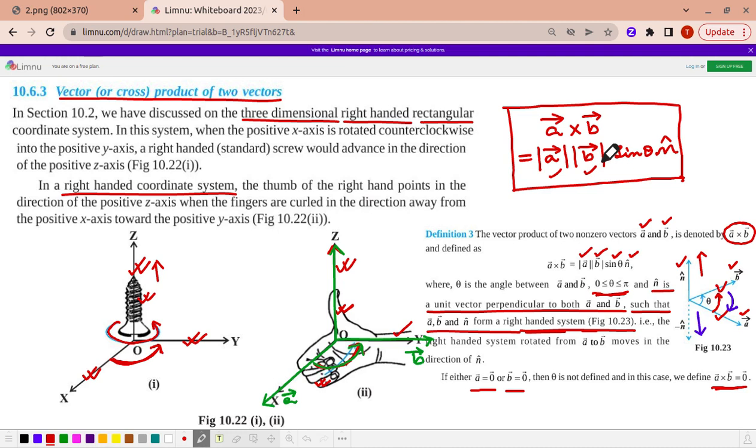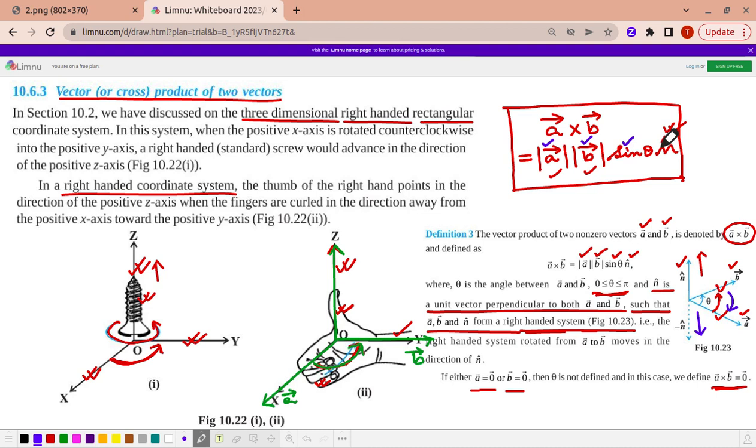And another very important point is that A cross B is equal to mod A into mod B into sin theta into n cap. Now that n cap signifies that A cross B is a vector. See, mod A is a scalar quantity because that is a value, mod B is also a value, sin theta is also a value. All these three quantities, mod A, mod B and sin theta, don't have any direction, but n cap is a